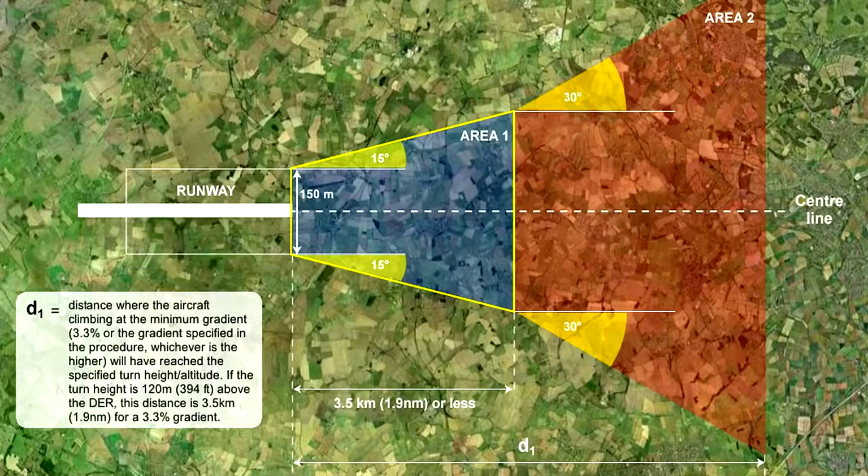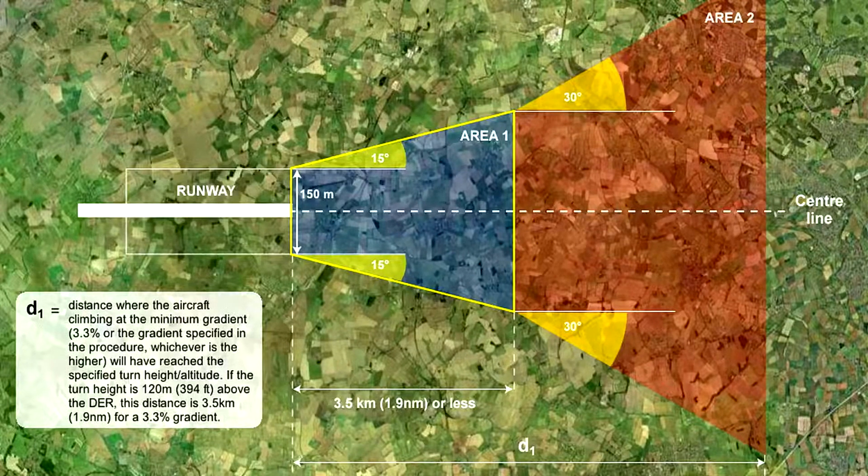The basic procedure determines that the aircraft climb on the extended center line to 394 feet before any turn could be specified, and at least 295 feet of obstacle clearance will be provided before turns greater than 15 degrees will be specified. If obstacles don't permit omnidirectional departure procedures to be designed, straight or turning departure procedures must be produced. Alternatively, it must be ensured that ceiling and visibility will permit obstacles to be avoided by visual means.